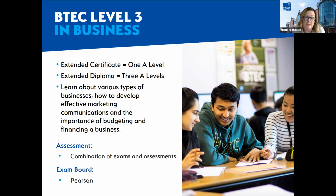This is a combination of exams and assessments. It's a sort of 70-30 mix here. The exams are in topics such as finance and marketing. And then your assessments, up to 18 units in total, look at various things. And they can be recruitment, as I say, and human resources, the process of that, designing your own recruitment campaign, can be looking at globalization, it can be looking at finance in business, importance of budgeting,